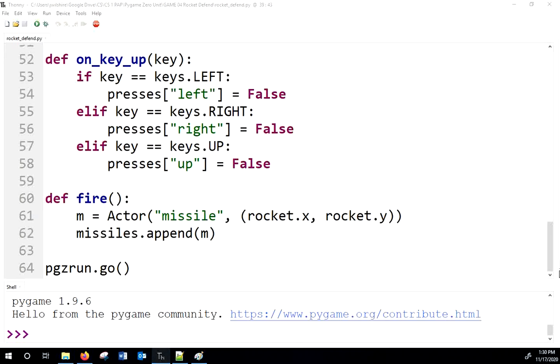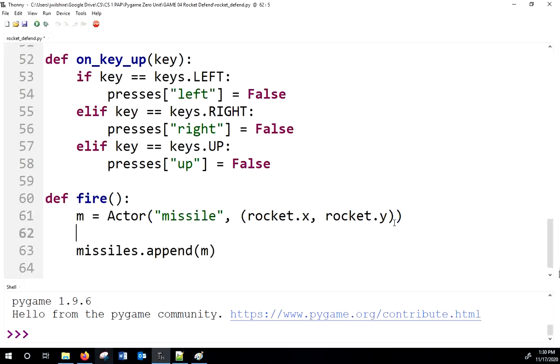Okay, so the problem with our missiles right now is that they are always going sideways. So we need to fix a couple of things about that. The first thing we're going to do is go to our fire function, and M is a missile. The way this works is we make a missile, we set its X and Y coordinates to those of the rocket,